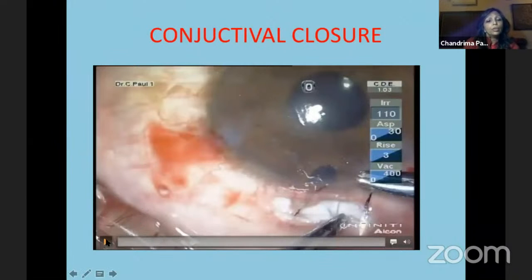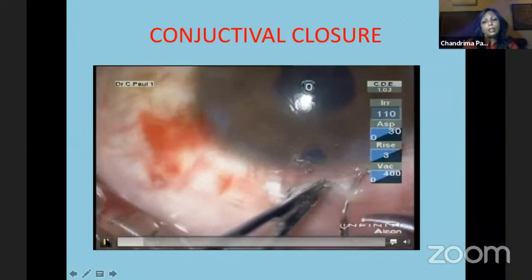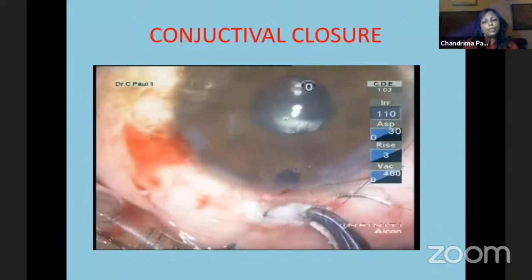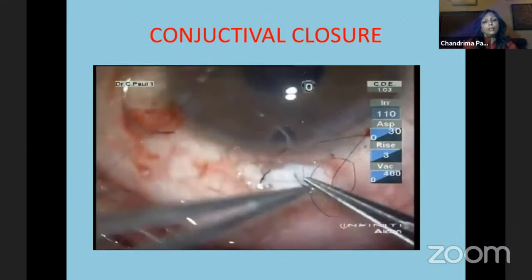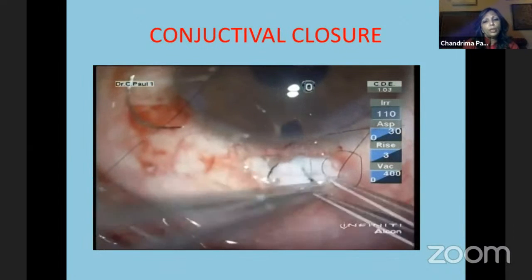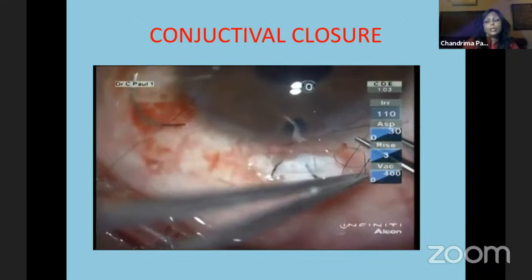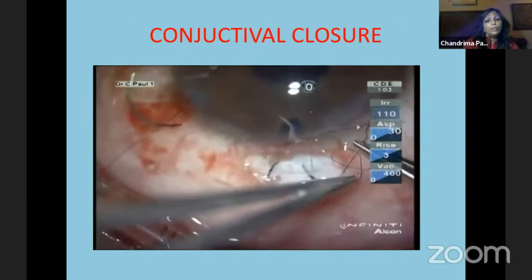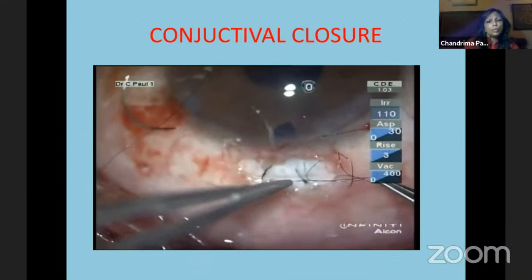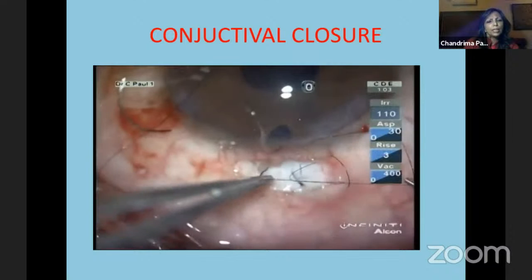And the conjunctival closure is done with a round-bodied needle, not a cutting needle. Make sure that you don't injure the conjunctiva when you are sewing it up. So with that, you will finish off with trabeculectomy, just a small clip on phacotrabeculectomy, because that's what we do